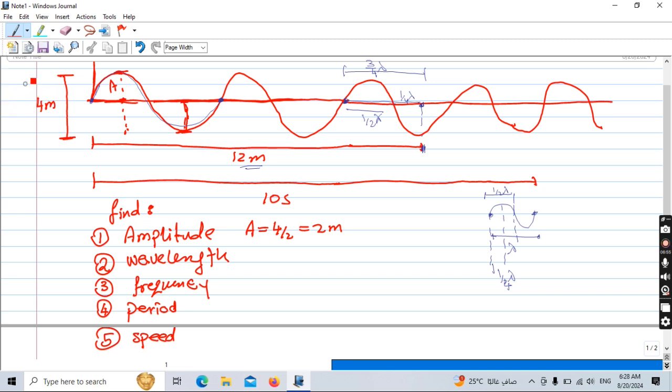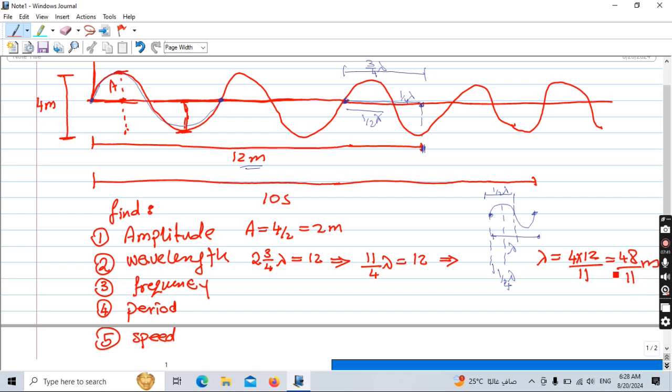Let us get back. So 2 waves and 3/4, 3/4 lambda is equivalent to 12. Then we need to work this out and find lambda. So we express this as a proper fraction. So 4 times 2 is 8, plus 3 is 11. This is 11/4 lambda, which is equal to 12, which means that by making lambda the subject of the formula, lambda equals 4 times 12/11,